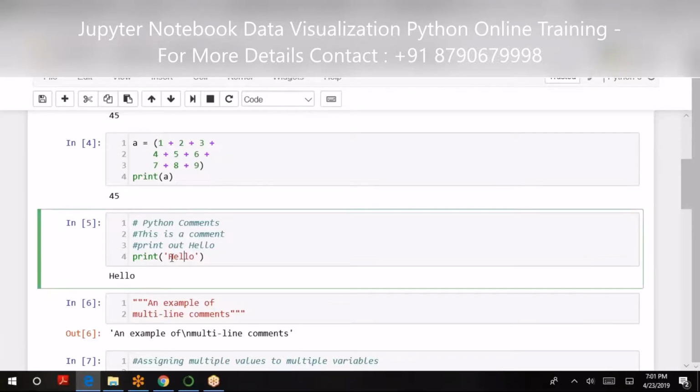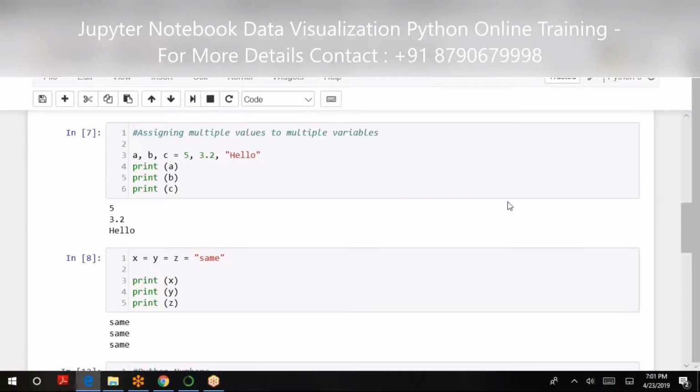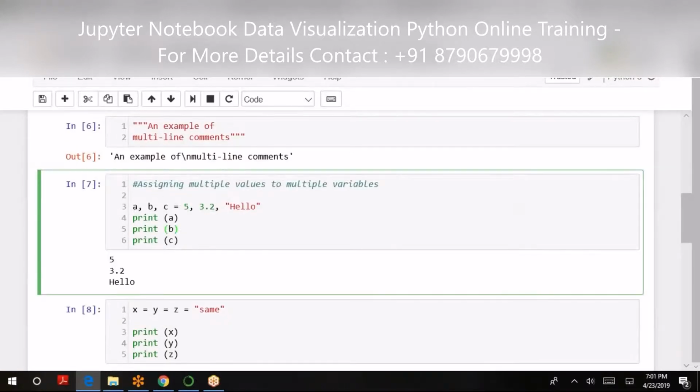This particular comment should be given in single quotes. I'll say print of hello. It will just print hello. So your display message can be given in the circular braces.